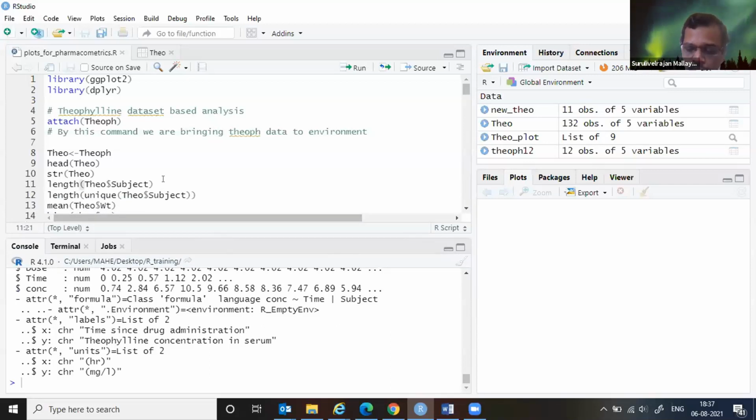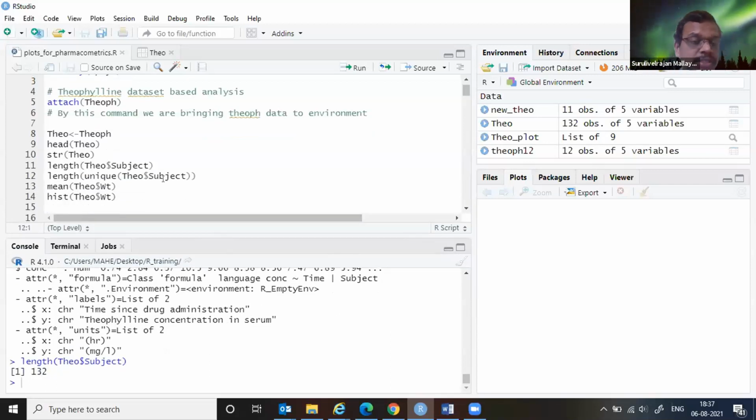How much is the length of the data, how big is the data? As I mentioned in the previous presentations, sometimes the data will be too huge. Imagine I have encountered data with something like 50 million or 100 million rows.